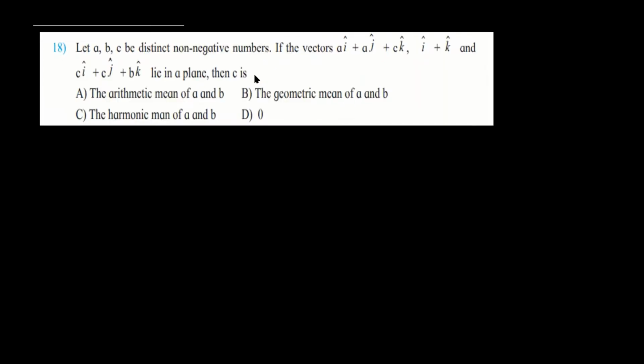In the next question, the 17th one, what is the value of i dot j cross k plus j dot i cross k plus k dot i cross j? Now this question is easy, you can work it out and see it for yourself. So I am leaving it to you as an assignment. We go to the 18th one.